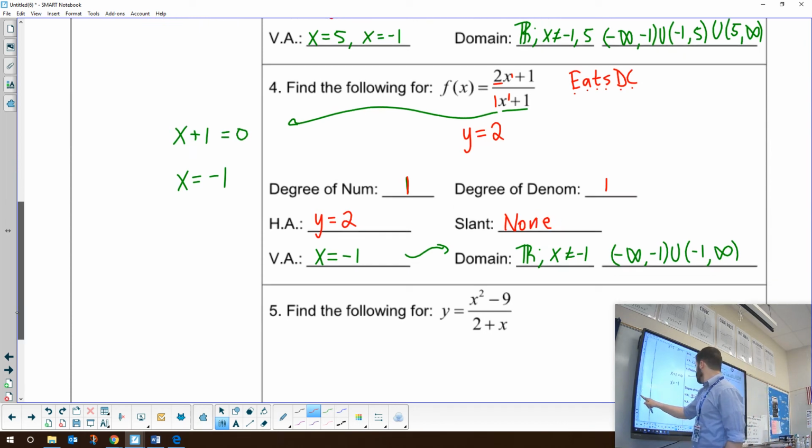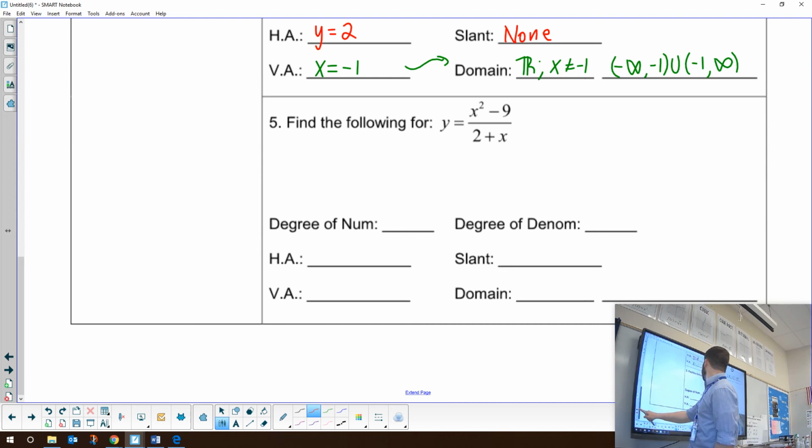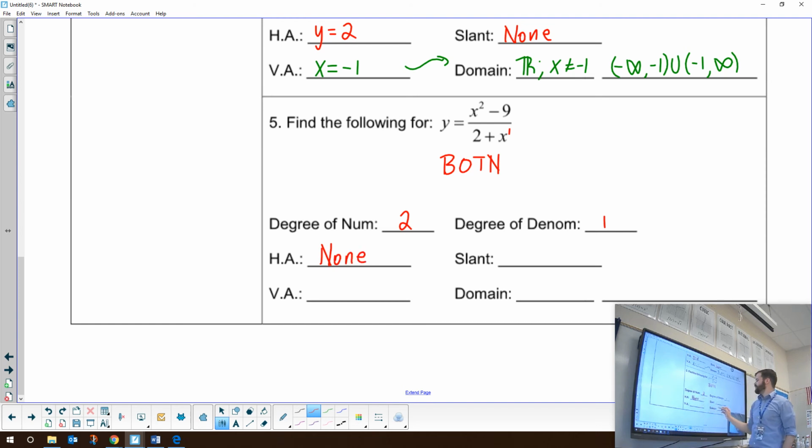All right, here is our last one, number 5. My degree of my numerator is 2, degree of my denominator is 1. So this one is bigger on top. My degree on top is bigger than my degree on bottom. So that means I am not going to have a horizontal asymptote, and we are probably going to have a slant asymptote. So remember to find your slant asymptote,